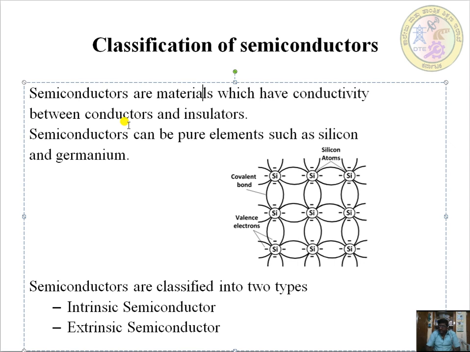Semiconductors. What is the basic definition of a semiconductor? Semiconductors are those materials that have a resistance between that of conductors and insulators. So they have the properties of both conductors as well as insulators, hence the name semiconductors. Here the electrons are not free to move, but they have a little energy for conduction. The two most common semiconductors are silicon and germanium.